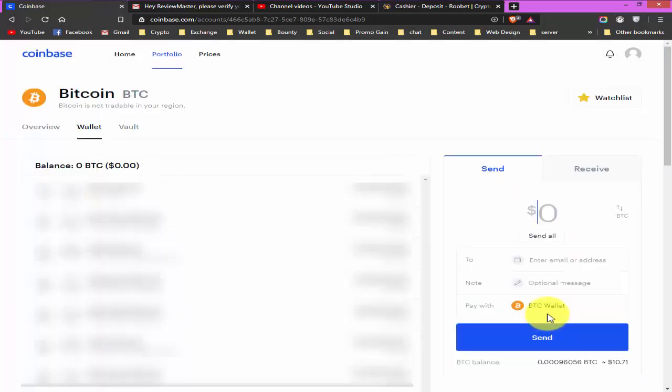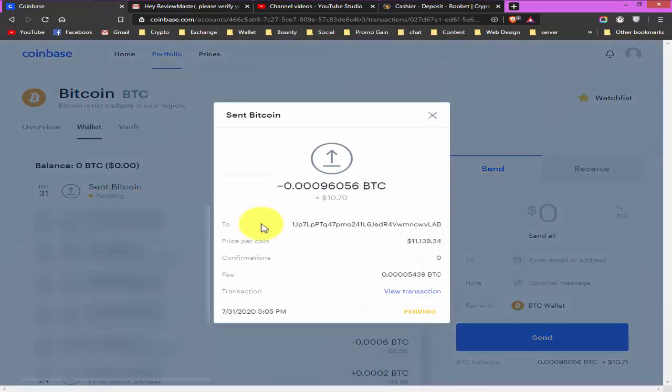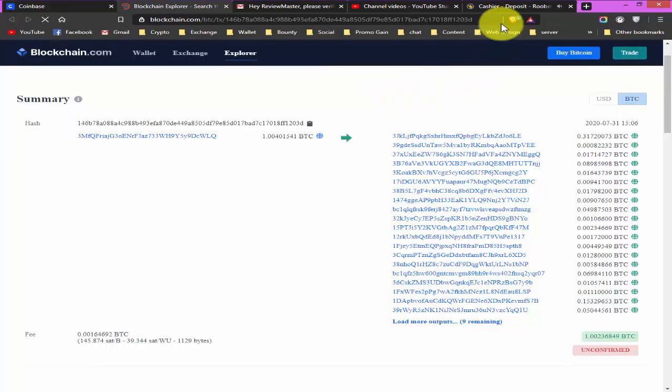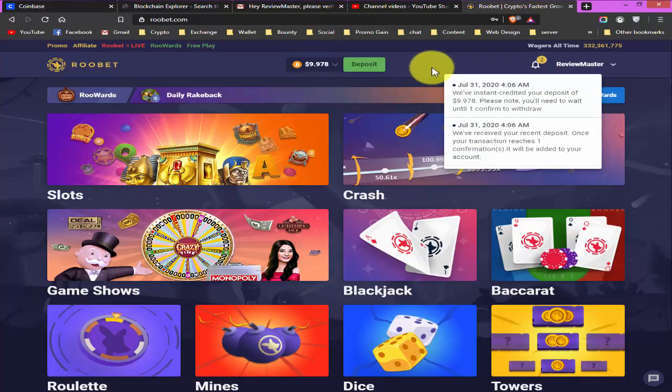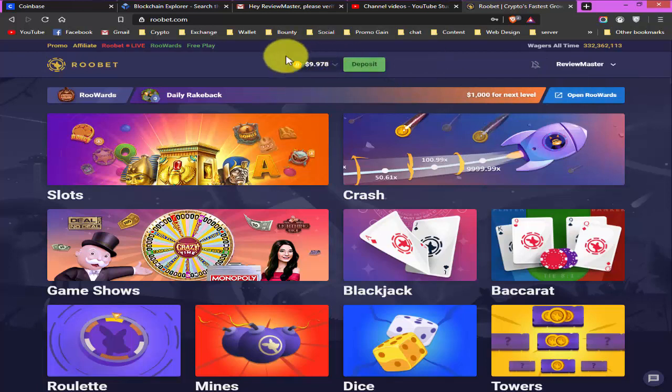Okay, done. And here you can see this is in pending mode and I can view the transaction. Here you can see within 1 minute I deposited Bitcoin into Robit. So it's really good, and this is instantly reflected on my account balance.